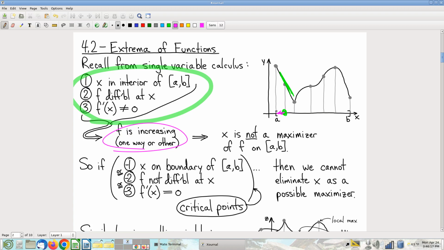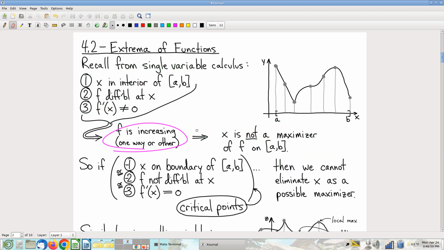which I can, because I'm in the interior of my interval, as I move to the left, the function is increasing. And again, this therefore cannot possibly be the maximizer that I'm looking for. Right? So whichever direction you have to go to make the function increasing, whatever. But the point is, when these conditions here are satisfied, then that is not the maximizer you're looking for, and we eliminate it as a possible